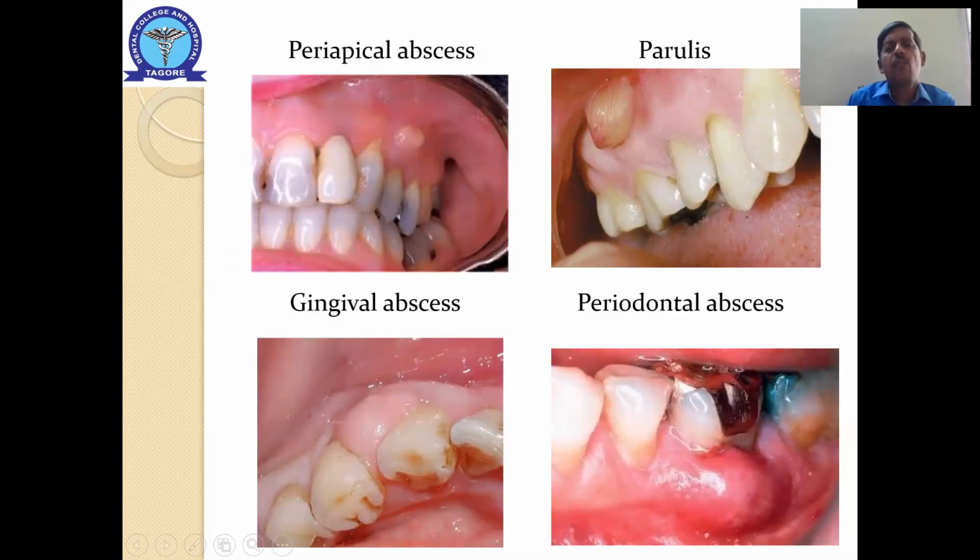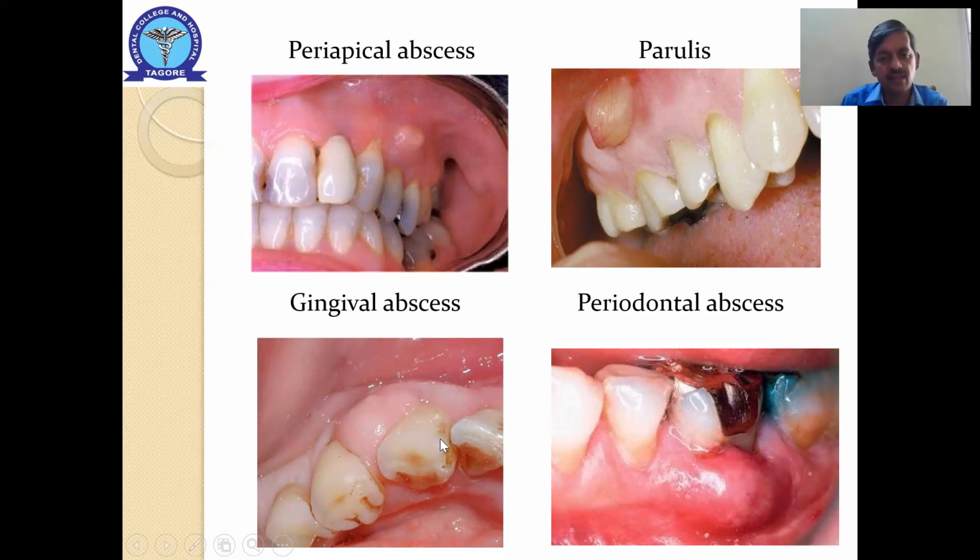Next, these are the common intraoral swellings arising from an odontogenic origin. Periapical abscess: as I already told, it could be from dental caries, attrition, abrasion or a non-vital tooth. Here is a decayed tooth. It will produce swelling in the periapical region. This is purulence. The periapical abscess will perforate the cortex and then drain out in the mouth. It will produce swelling in the alveolar mucosa.